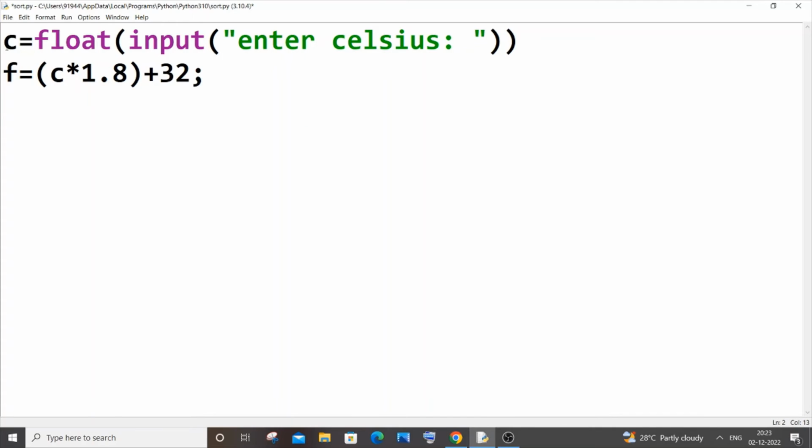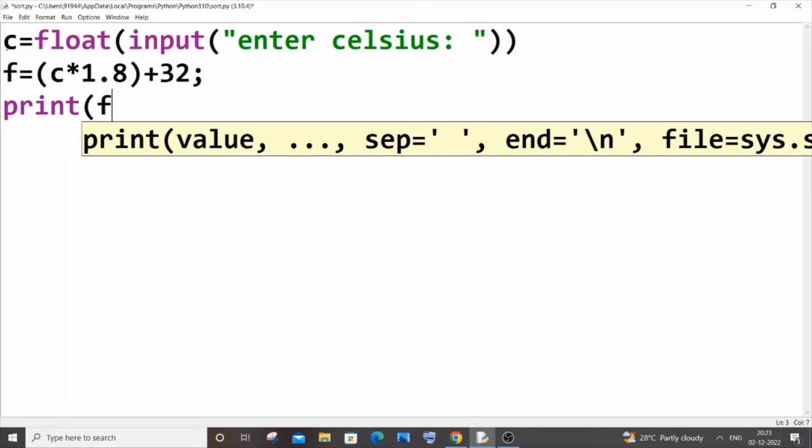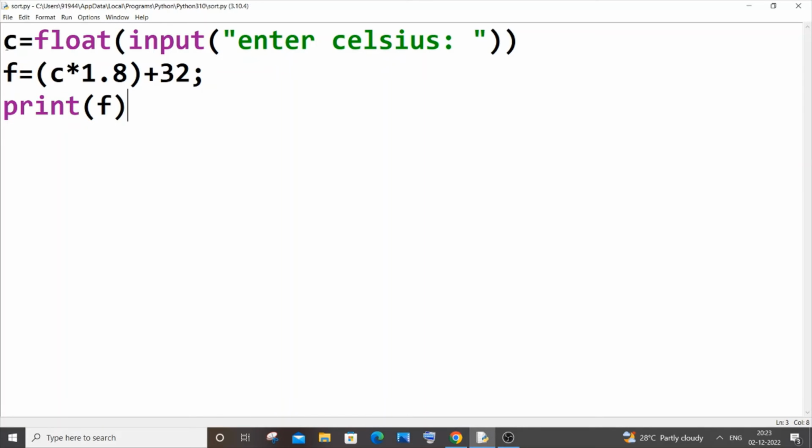Okay, this is the formula, and the final thing, just print it. Print Fahrenheit. Yeah, that's it. I'm saving it now, and if I just run it now,